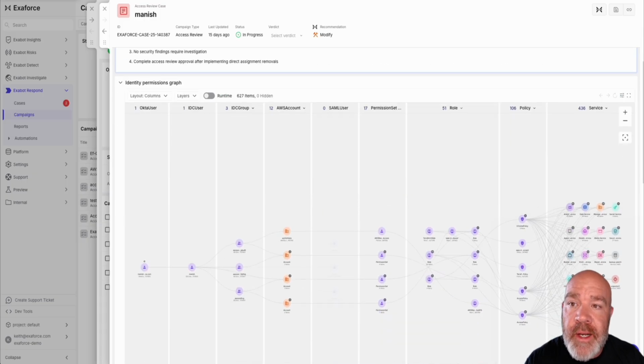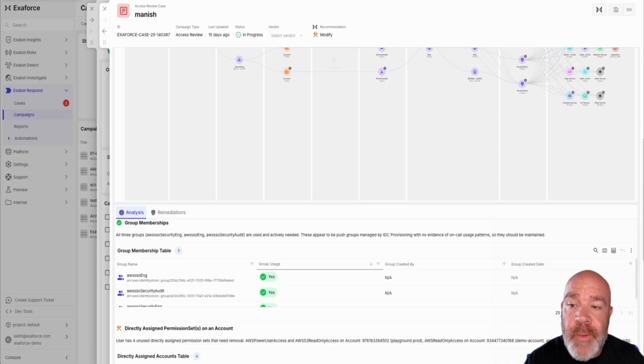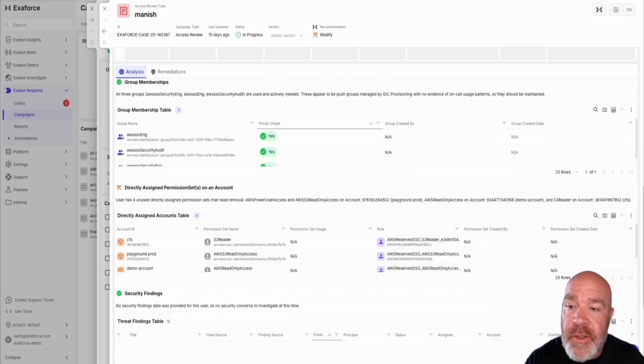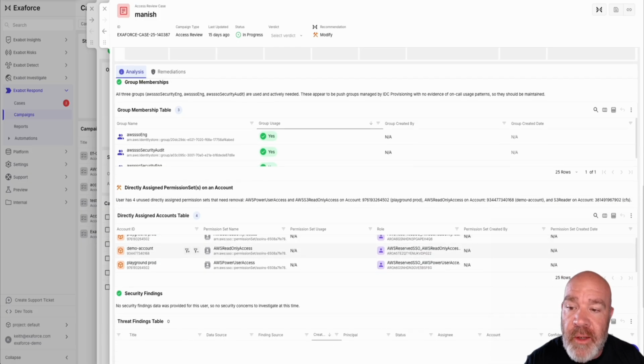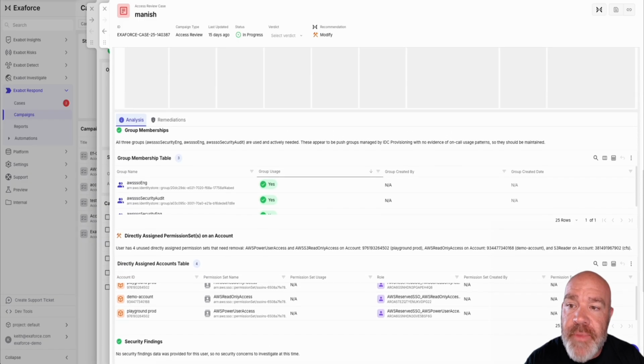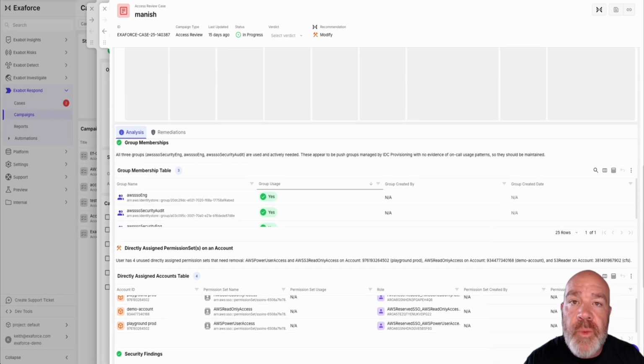Once again, your identity permission graph. Now we can see we have a remediations tab that we could open up and take a look at what those are. And then basically it's saying, hey, here are directly assigned account tables, all of this information, any securities, risks, and things of that nature. So just a nice way that